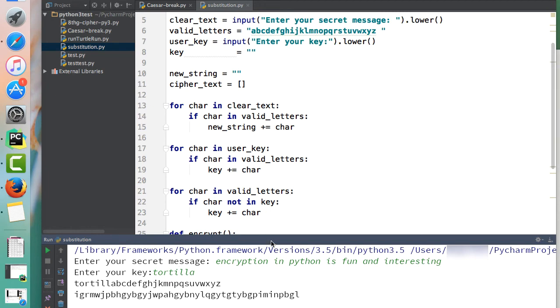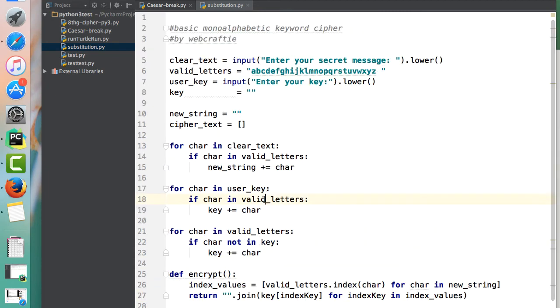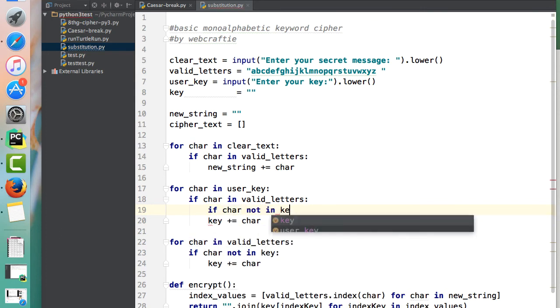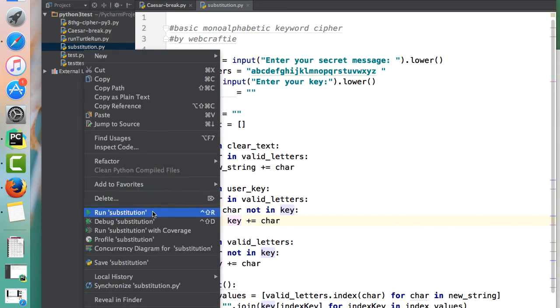So in my code up here, where I told it to add in the user key into valid letters, I needed to also make sure that it was not already in the key. So if char in valid letters, and if char not in key, then do this, then add it in, and now it should be okay. So if we run this again,